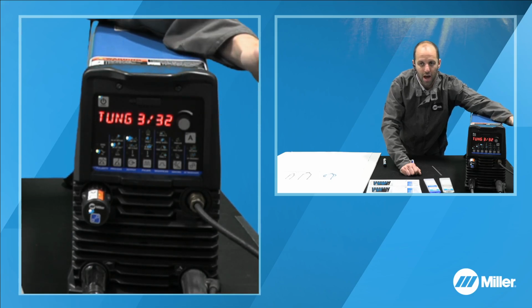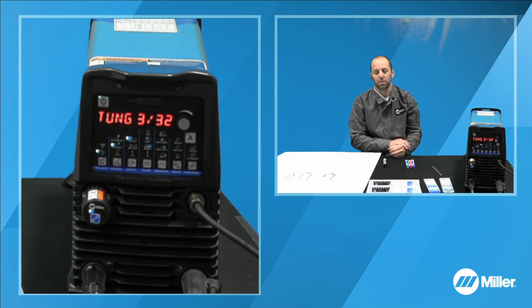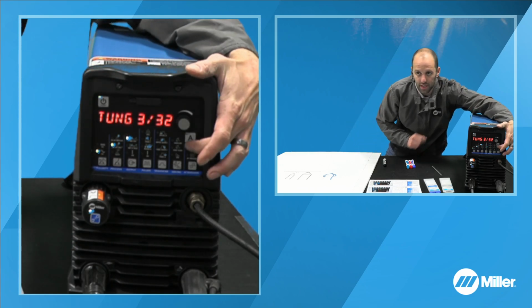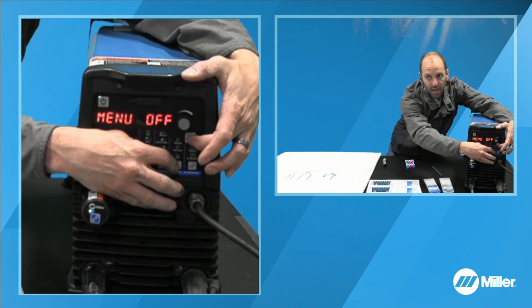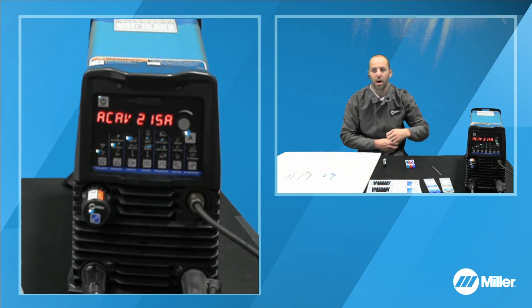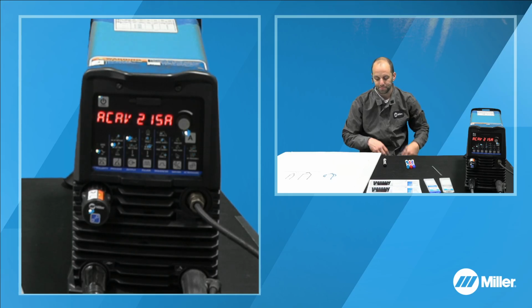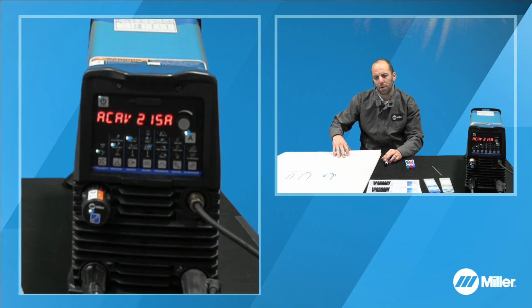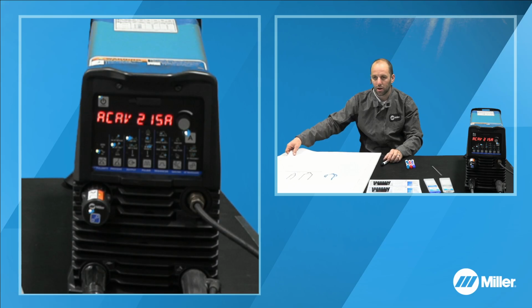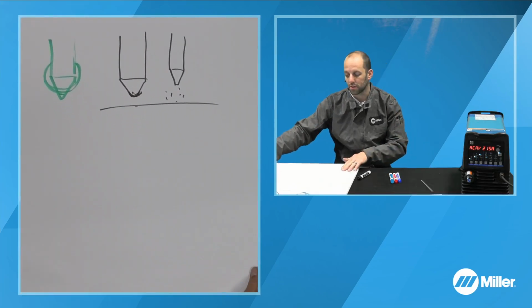So tonight we'll get into some different examples later with some different tungsten diameters. We're going to start off with a 3/32 tungsten diameter, and then to get back out of that, we simply hit the amp and the gas dig button. It says menu off, and we're right back at the main screen. One of the last things that I want to talk about is the actual tungsten